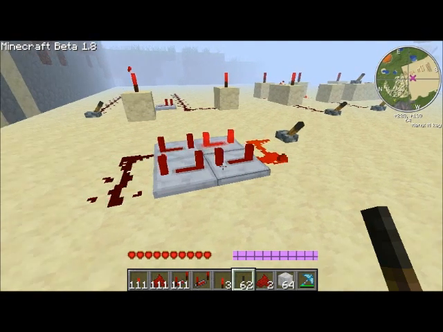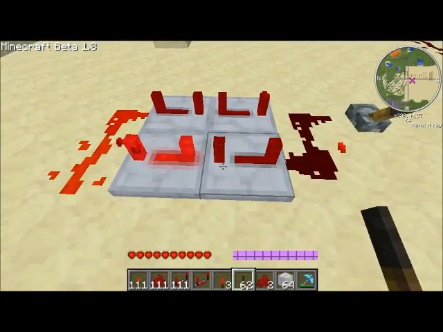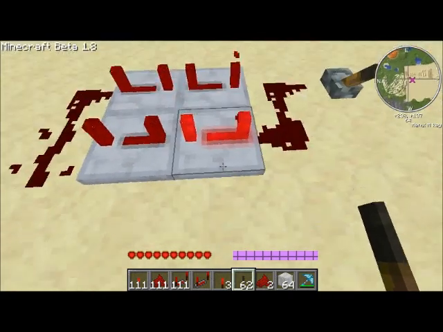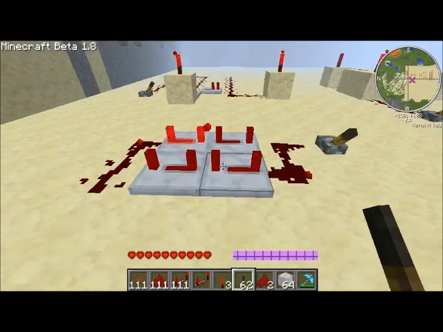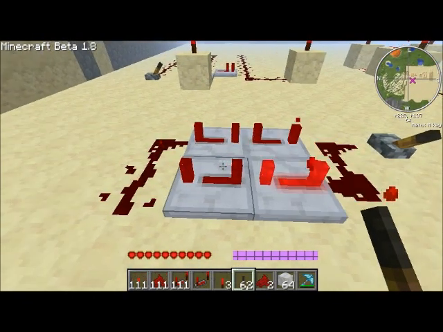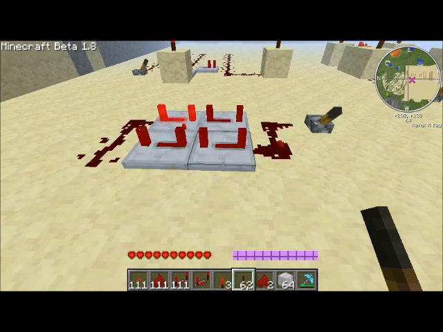The reason why these are on 4 ticks is that it's got a 4-tick delay. If I increase this any further, it will just become an infinitely powered loop, which would be bad. But anyway, this is why delay is good, but also the delay can make computers, Minecraft computers and stuff like that, very,